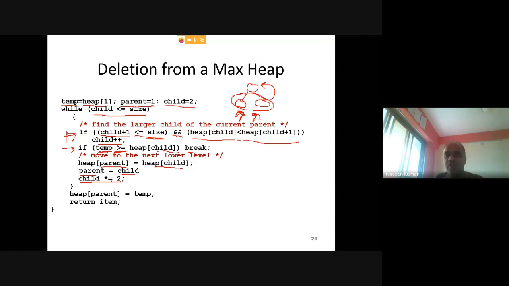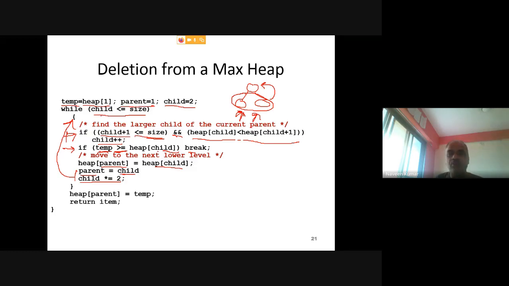So child is equal to child into 2, correct? Now work with the new parent and child in this while loop. You have shifted, so keep on shifting downward until that element gets fixed, or you reach a leaf node.